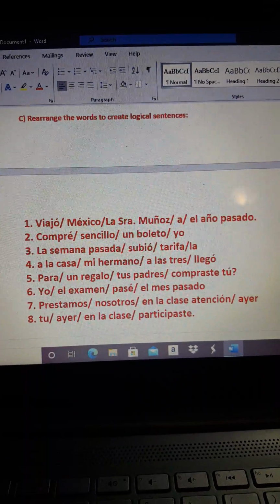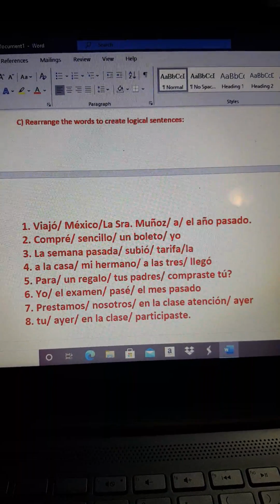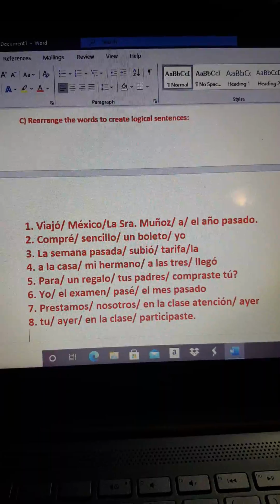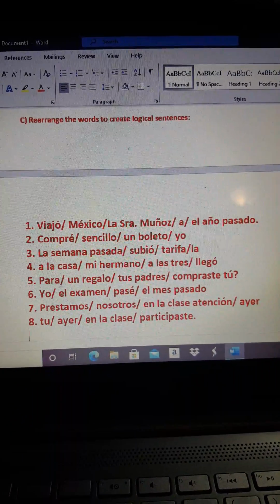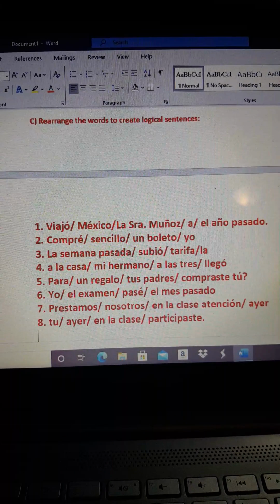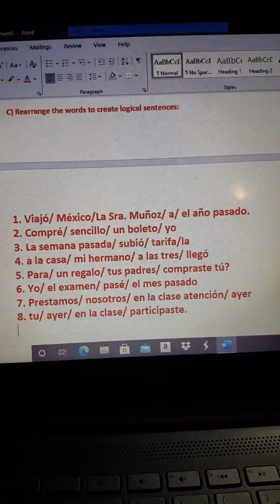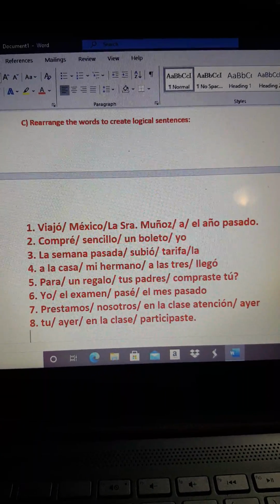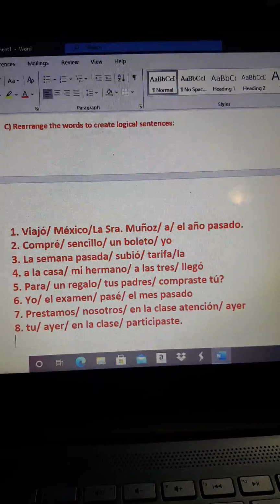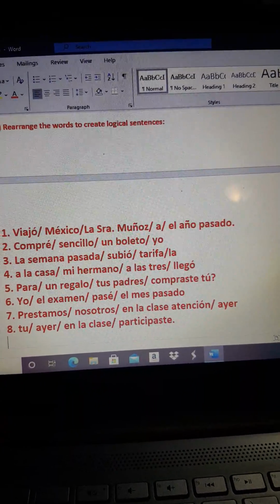One thing you need to teach students is that they have to look for the subject first in the sentence. In this case, the subject is la señora Muñoz. And after the subject, they have to look for the verb, and the verb has to agree with the subject, because in a sentence you need the subject and predicate. In this case, you would start with la señora Muñoz viajó, and then you have to know where she traveled, a Mexico, and of course you say